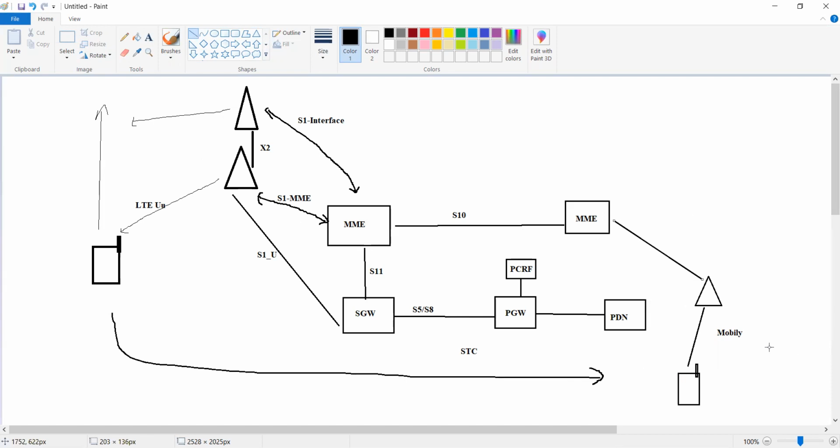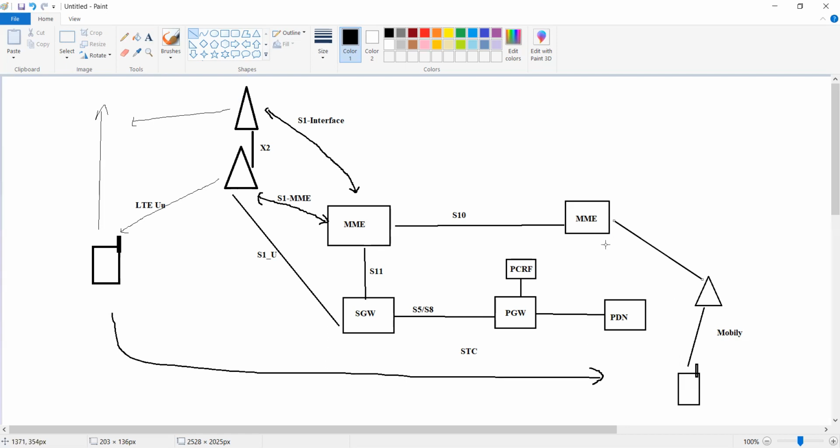In that case, suppose STC is providing services in that area. Operators around the whole world have mutual cooperation based upon their roaming networks, so they will support roaming scenarios also. In that case, this P gateway will contact this PDN. The PDN will be common for this mobile or STC. The P gateway will contact the PDN and check with the PCRF what rules and QoS policy have to be applied, how much data rate, per MB rate or something. Based upon that, it will forward to this UE.